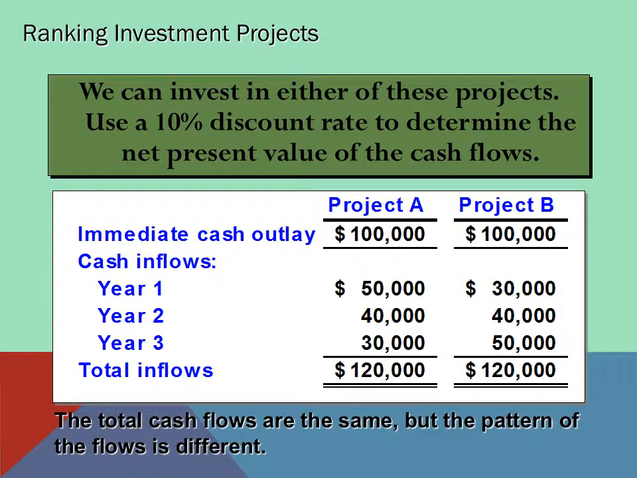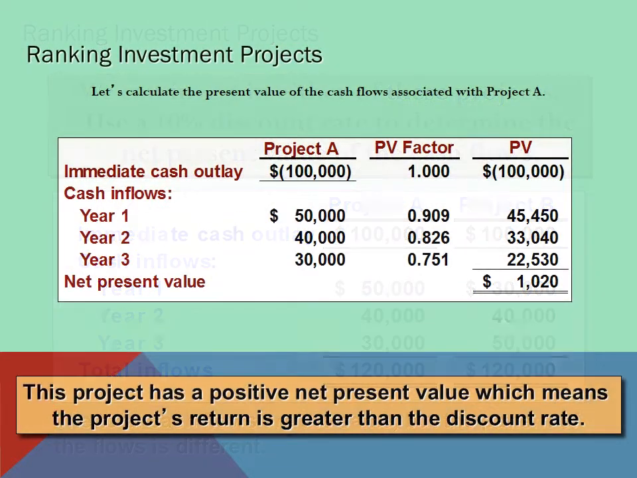In practice, managers often attempt to rank investment projects with positive net present values. Then only a limited number of the higher ranking proposals are accepted. Shown here is an example of two proposals, Project A and Project B. In this example, the total cash flows for each proposal is the same in total, but the timing of the cash flows occur differently. Since the cash flows are uneven, we must calculate the present value for each cash flow